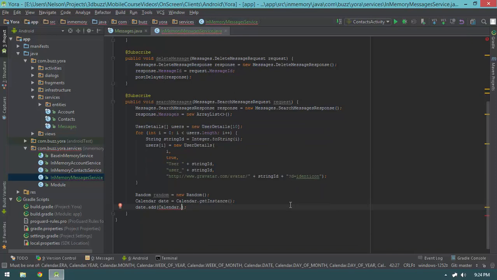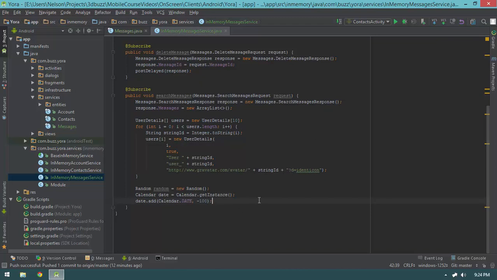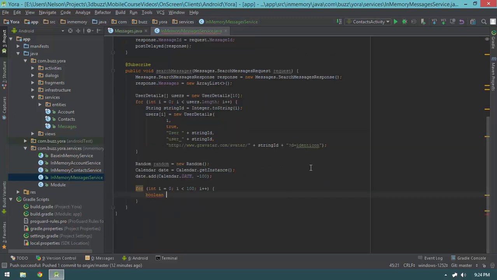Where are you? Date minus 100. So this will make us go back in time by 100 days. And then I'm going to say for int i equals 0, i smaller than 100, i plus plus. And then I'm going to say boolean isFromUs. And I'm going to say if